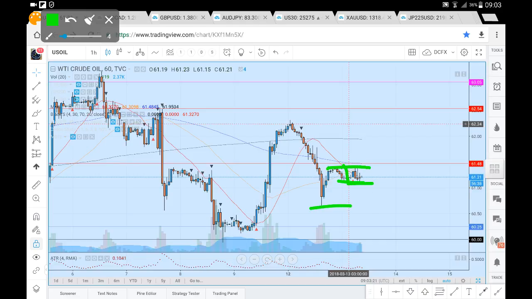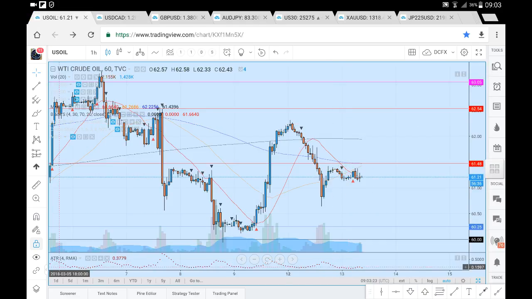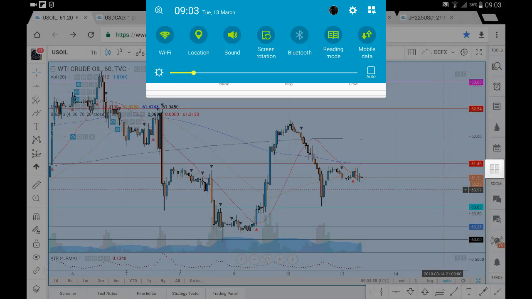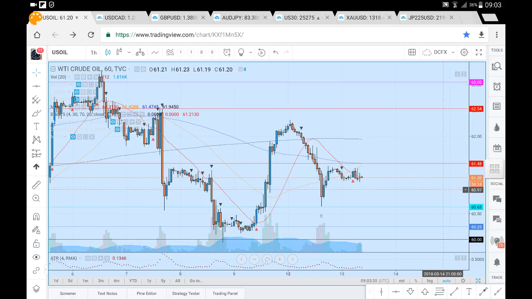So if this low continues to hold, I suppose I should probably mark it out on the chart. If this low here, there we are, at 60.63 continues to hold, if they have a pullback and we do hold a double bottom there at 60.63, we are looking for a retest of the 61.48, or if we do see that test of the 61.48 before